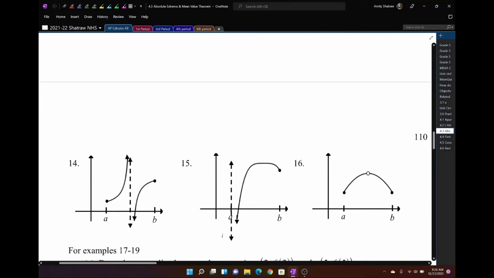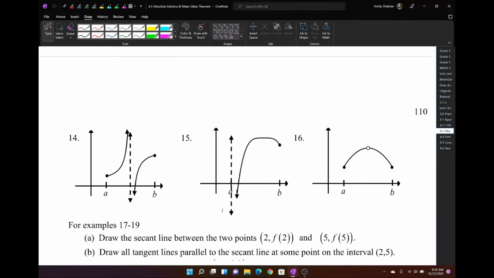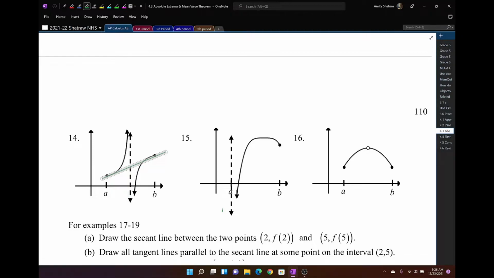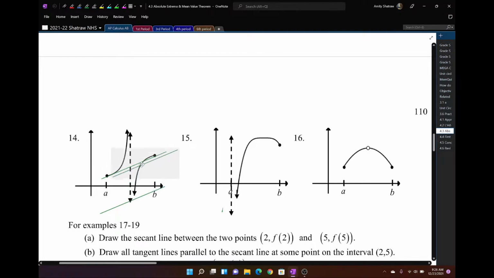And we have these next two examples. And I want to be able to draw a secant across. But notice that if I draw this secant, I cross the asymptote. And so that would be bad, right? And not only that, but I'm going to copy, I'm going to paste. If I try to find a tangent somewhere, yeah, sure, there's a tangent here that's the same, but then it also would cross over. So with this one, we're going to say again that it's not really a secant. And not only that, but I'm going to say that there's no tangent,